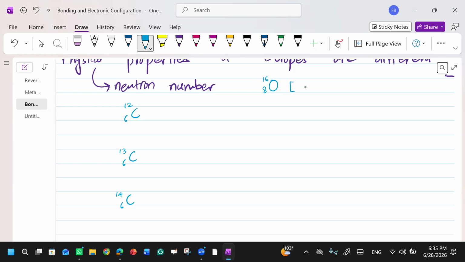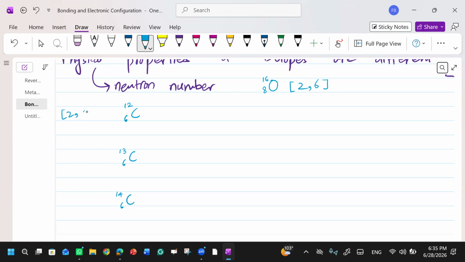I'm writing the electronic configuration: 2, and what will be in the valence shell? 2, 8. Why 8? No, 6. Sorry, 6. Okay, 6 electrons are there. If we see this carbon, it has 2 and